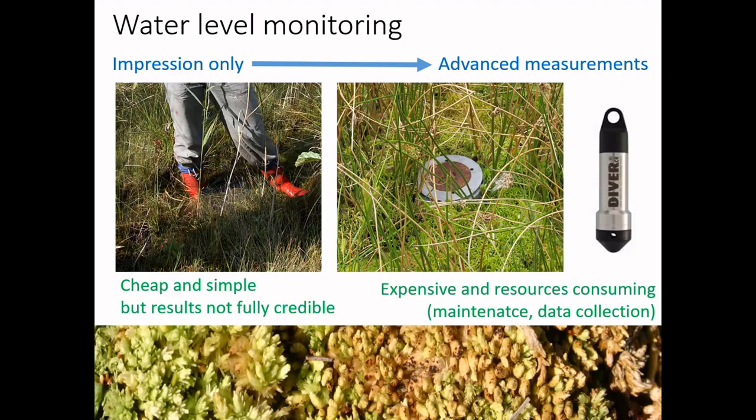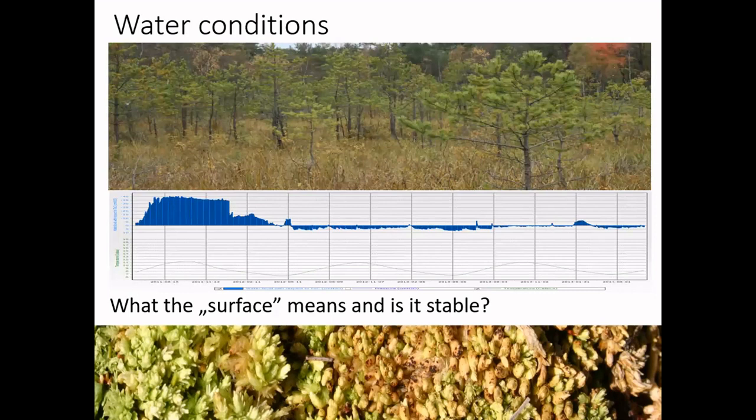Sometimes the effects of the measurement are not so easy to interpret, but sometimes they provoke questions. For example, what is the surface of the peat bog, and is the surface stable? Look at the recording of the water table. That fen, in fact, was overflowed by the beavers, but only temporarily, because the level of the surface after some years went up, and the water level in relation to the surface of the peat bog was in fact optimal